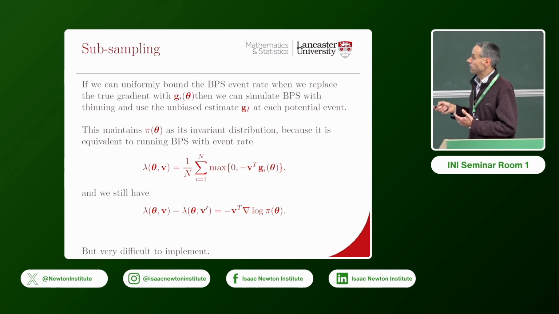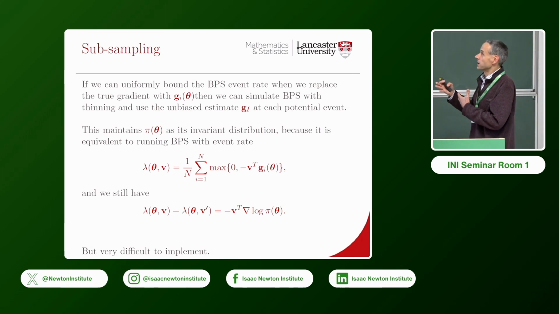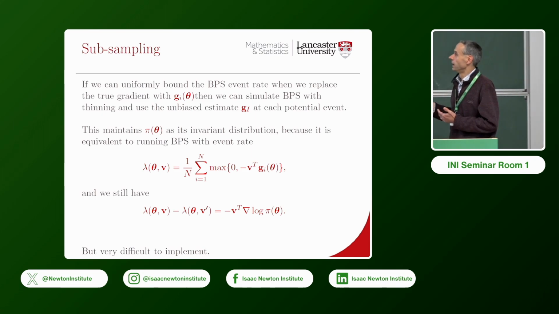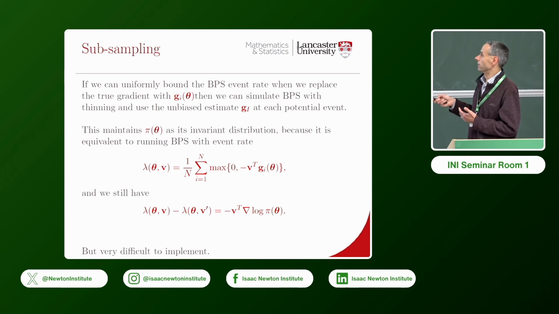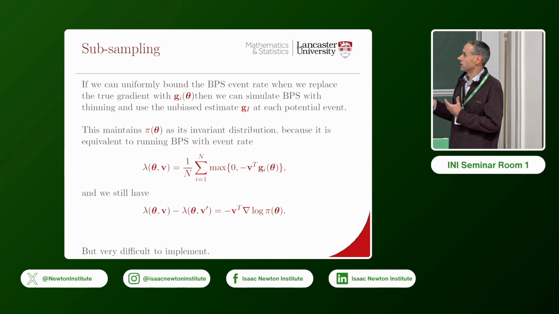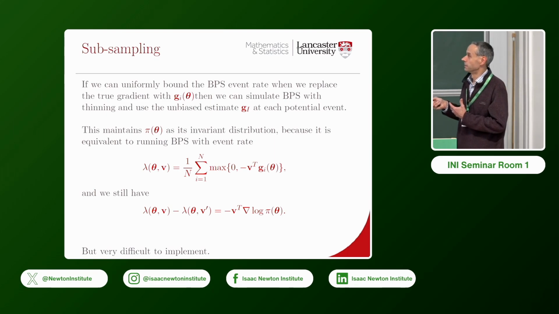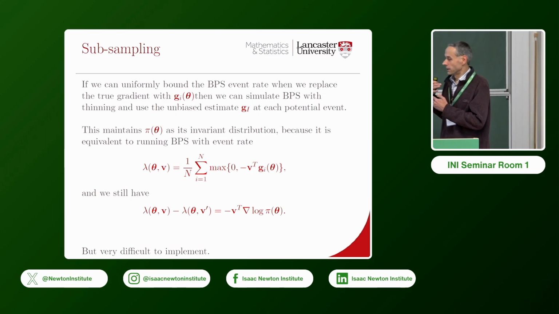The actual rate at which you're simulating events with this algorithm, which uses subsampling, is greater, because it's just the average of the maximum of 0 and minus v times the estimate of the gradient. Okay, so you potentially would have cancelling out if you move the sum within the maximization, which you don't get here. So you're simulating a process with a higher rate, but it turns out that the